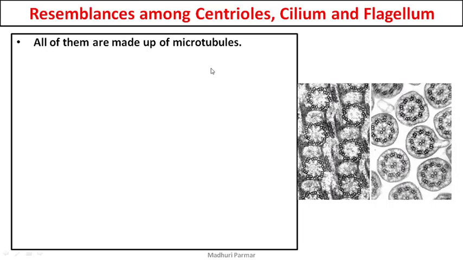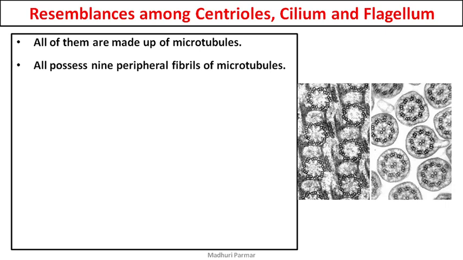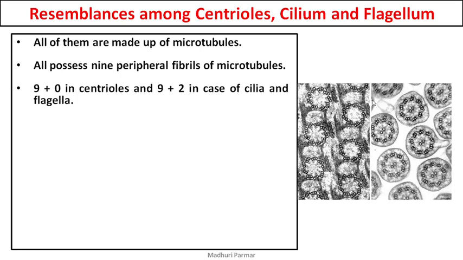Now can you see the resemblance between centriole, cilia and flagella? Yes, because all of them are made up of microtubules. All of them possess 9 peripheral fibrils. When you look at the number, both of them have 9 peripheral fibrils. The difference is in the centriole: how can you recognize it? Because they do not have central fibrils. They just have side fibrils, peripheral fibrils. So 9 plus 0 arrangement in centrioles